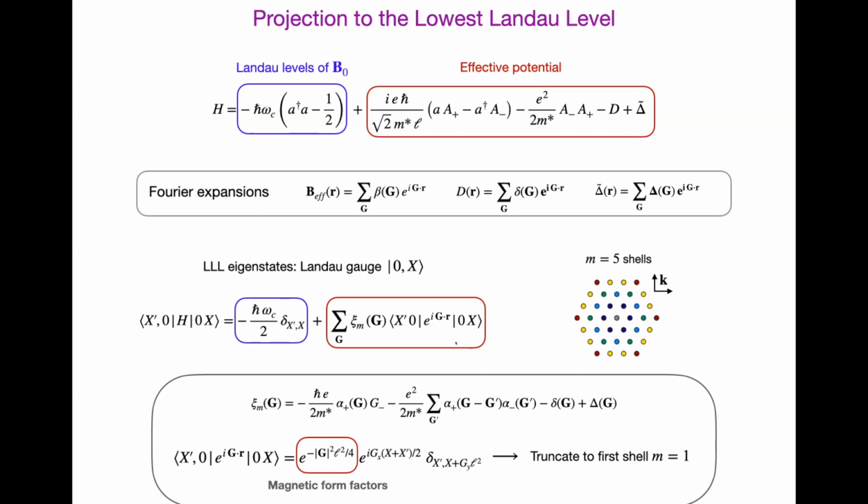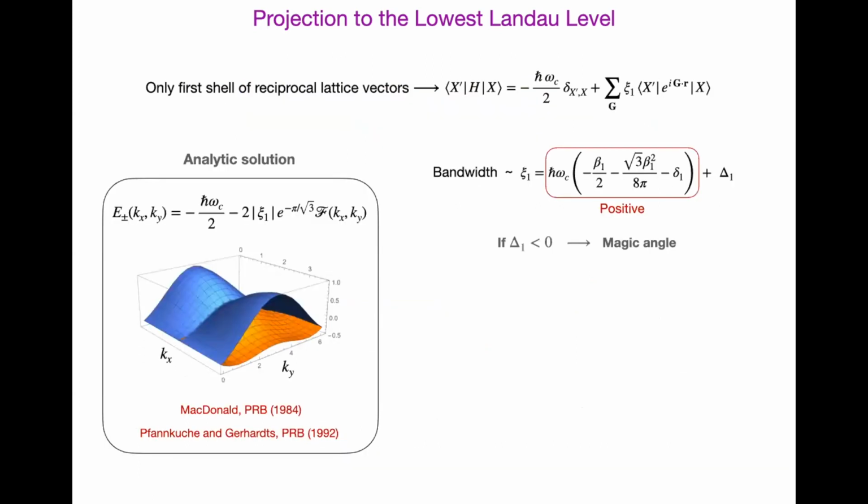Now, because this plane wave matrix element has this magnetic form factor that goes like e to the minus g squared, it's still a good approach. It's justified to just truncate the potential to the first shell of reciprocal lattice vectors because higher contributions will get knocked down. So I'll do it, and when we do it, this is a nice limit because the problem has